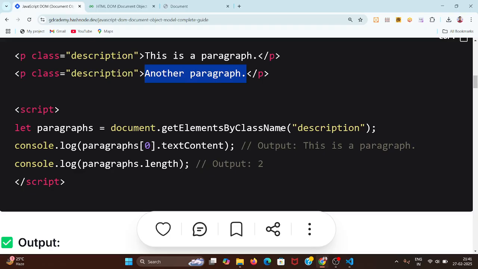Also there is a method called dot length, using which we can see how many elements with the same class are there, containing the same class inside a parent element. So that is the thing. Okay, let's do it. So simply